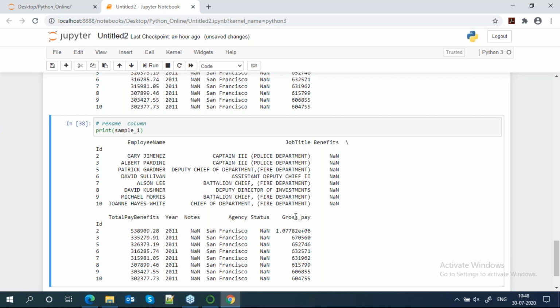Suppose I want to change any column, like job title. I want to change it, not job title, I can keep it like job description. This is my standard format, it should be job description. So how to do that?